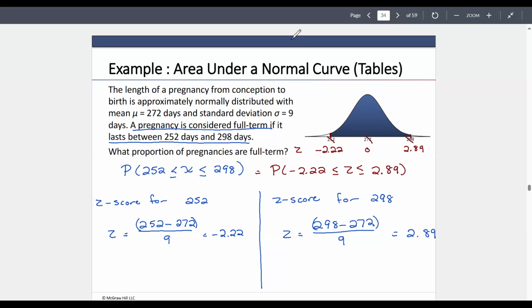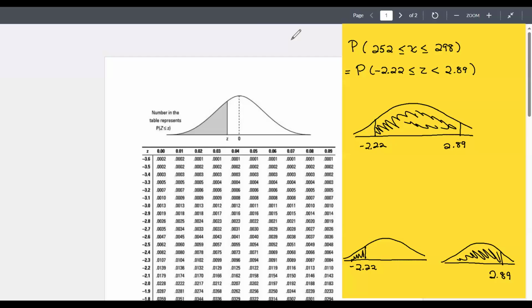Okay. We're going to go to my z-table and figure out these areas. So remember, we got 2 z-scores, we're looking for 2 areas, and everything's going to tell us the area to the left. So the area to the left of negative 2.22,